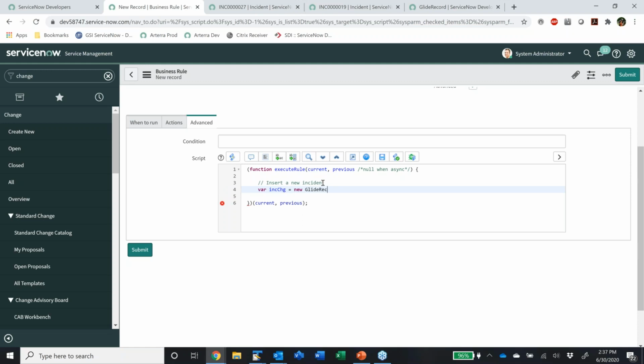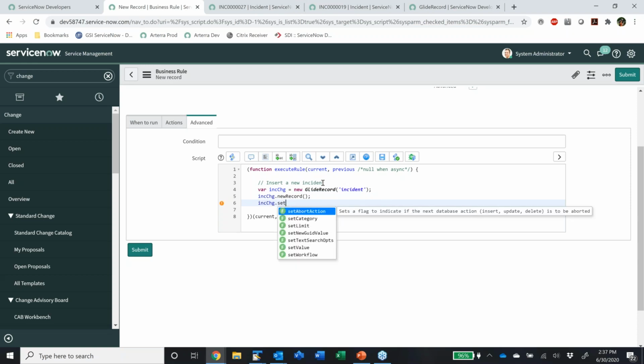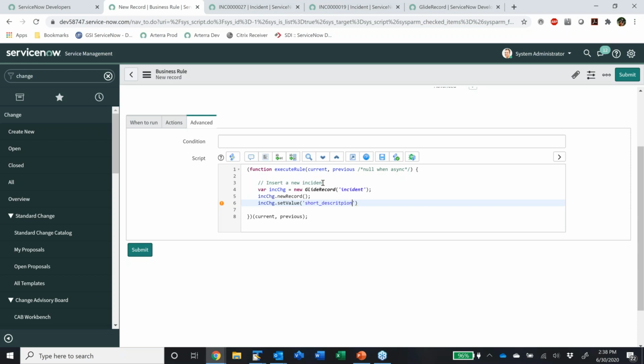New GlideRecord incident. Semicolon. So we're going to want to create a new record here. So we're going to do change dot, oh, look at that. I hardly need to type everything out. newRecord, right? And then we'll do inc.change.setValue, right? short_description,